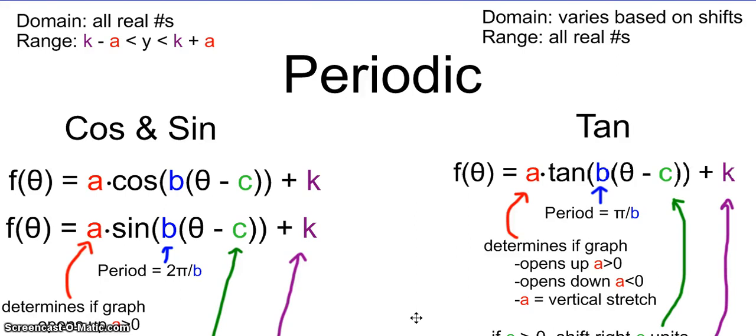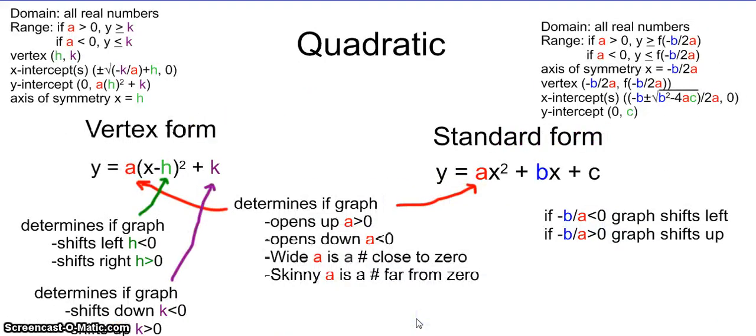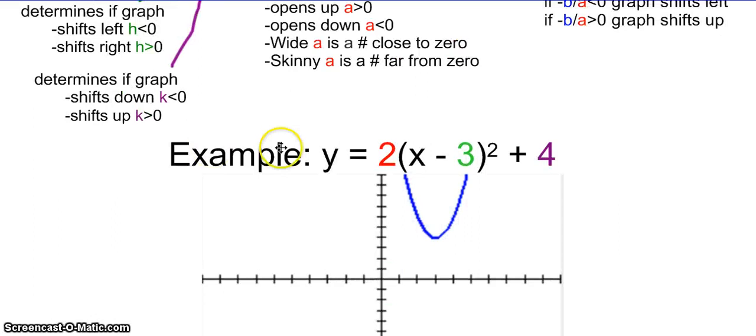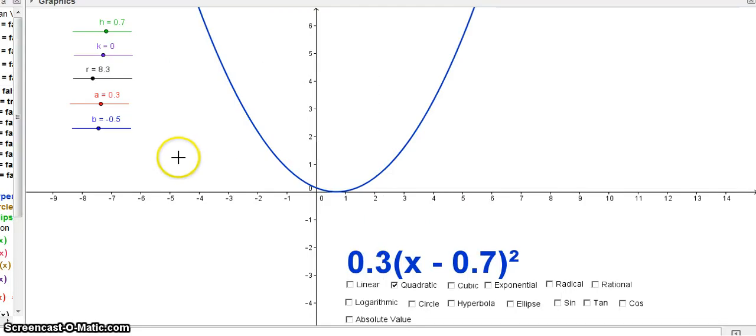So for example, if I go back to the quadratic function, and let's just say that I typed this equation into my calculator without the 2. Well, for every x value, you'd get out a particular y value. But with the 2 in front, what it does is it doubles that y value. It makes it grow much more quickly. So without the 2, you would have a graph that maybe has the point 1, 4, for example. With the 2 in front of the parentheses, instead of having the ordered pair 1, 4, you might have the ordered pair 1, 8. So that value of 2 makes the graph grow more quickly,